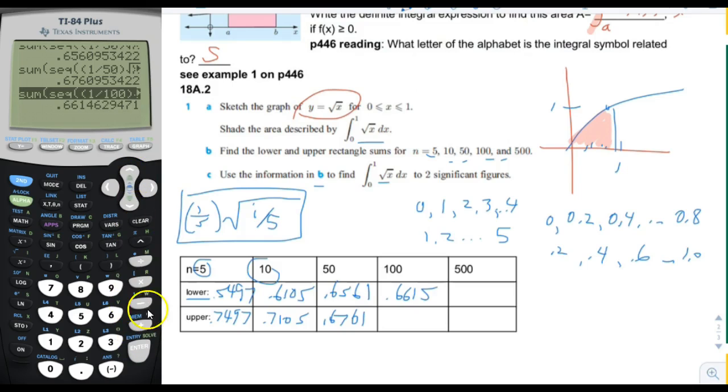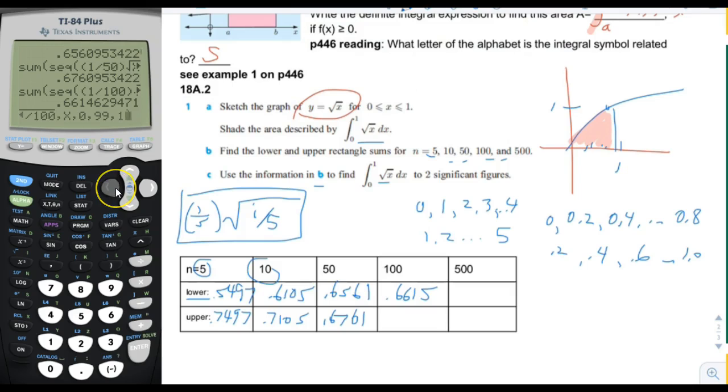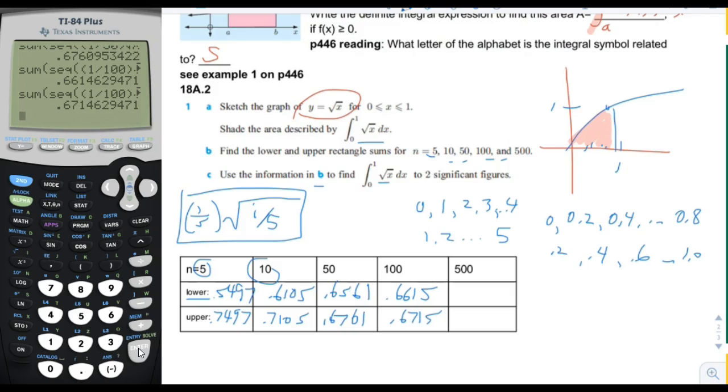And then we're going to count from 1 through 100. 0.6715. And then the last one is we're going to change this to